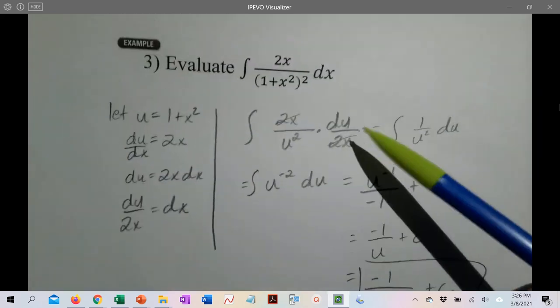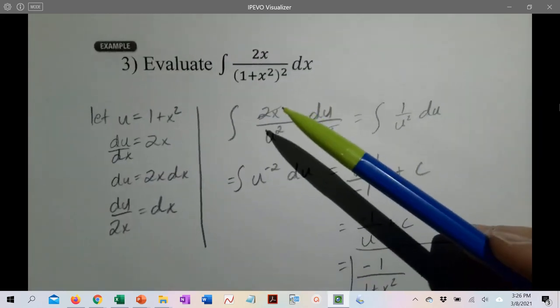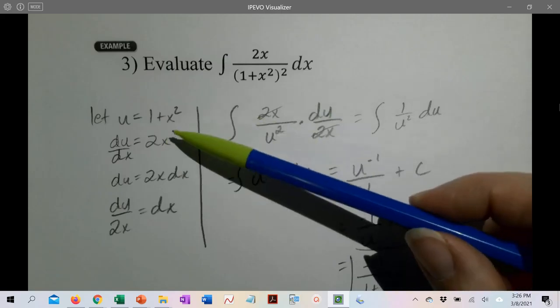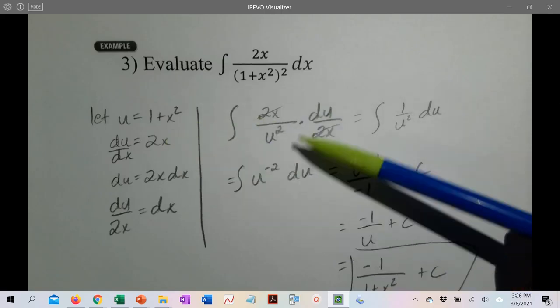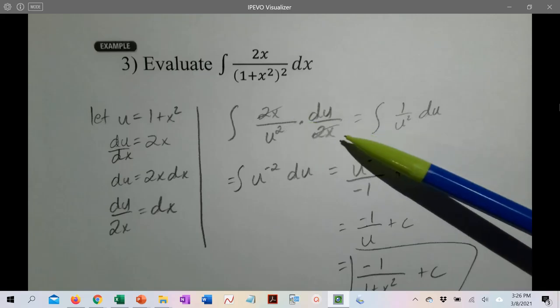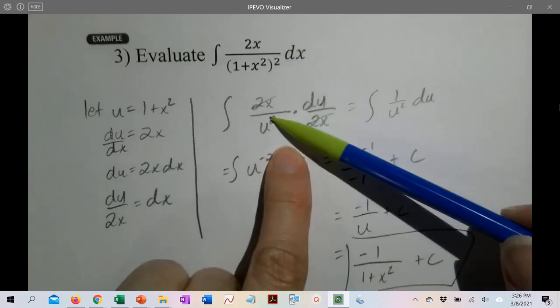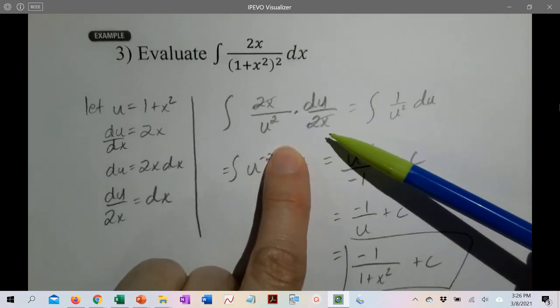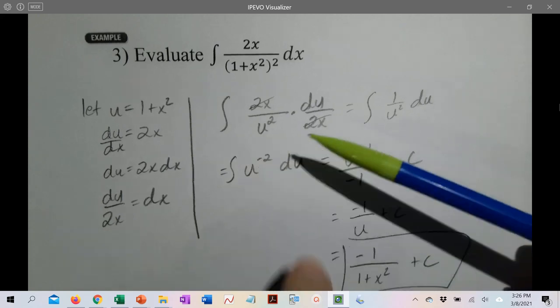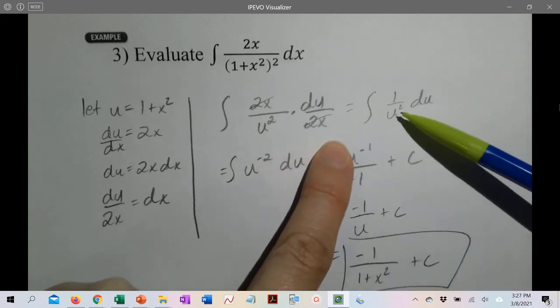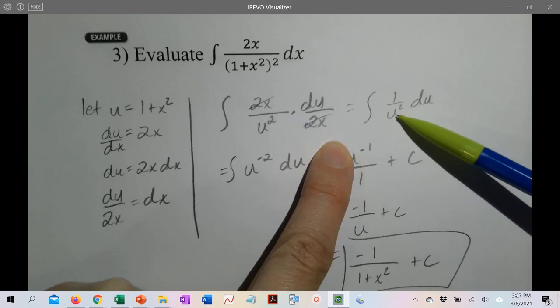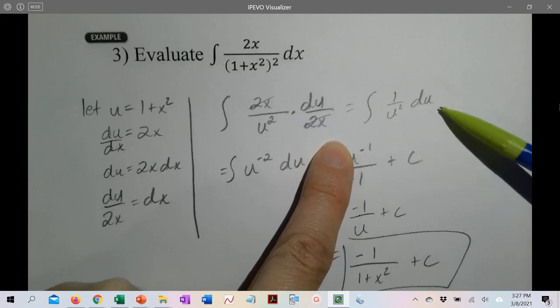Sometimes when you're doing u substitution, you might not be sure what to let u equal. So sometimes you try something, and then you go through the process, and when you do all your substitution, all of your x's should reduce out. They should disappear or cancel, if you will. But if that doesn't happen and you have u's and x's all in the same expression,